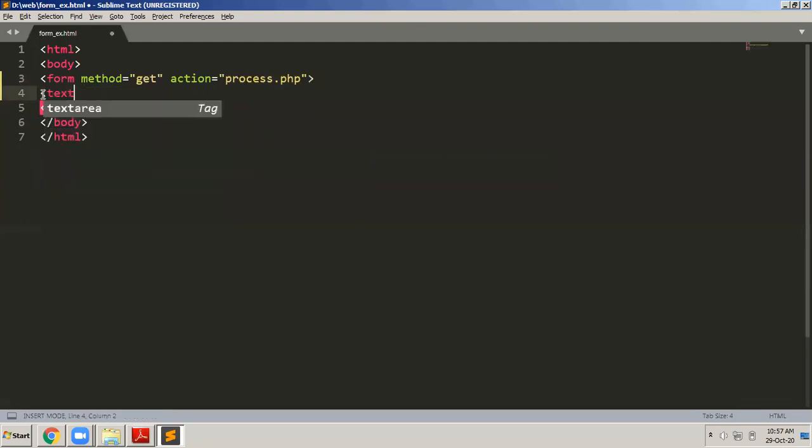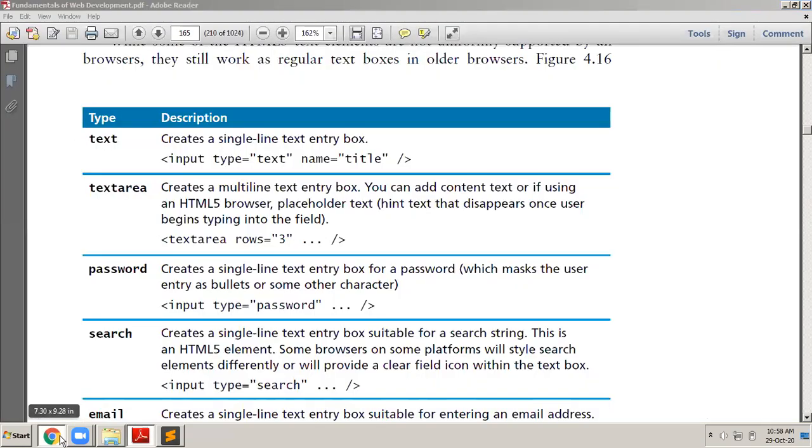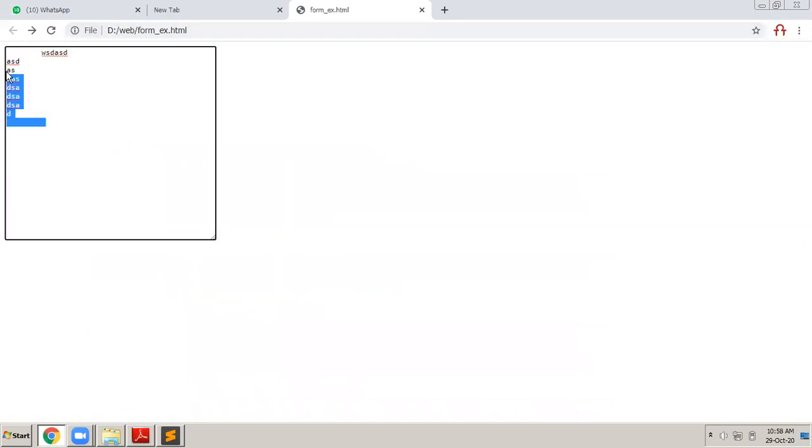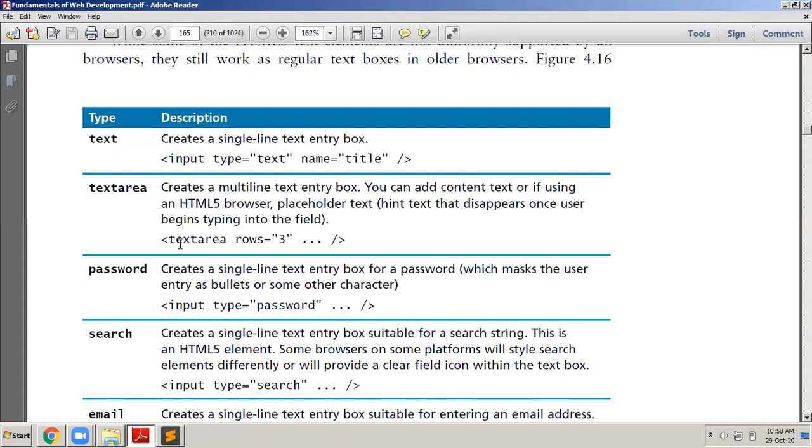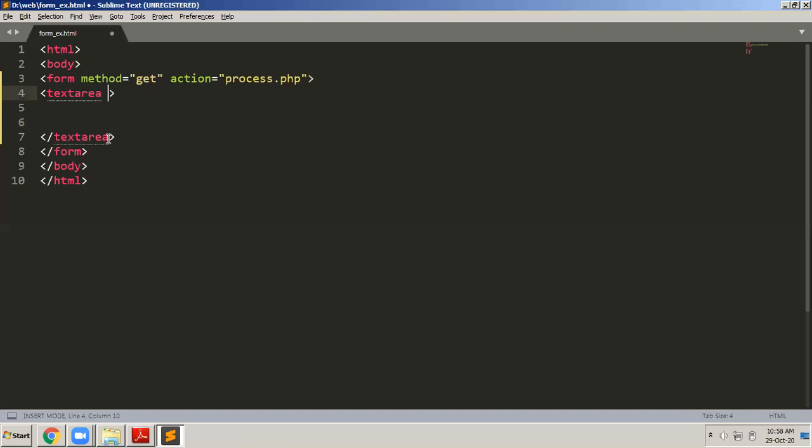If you place a text area, then what will happen is, I'll just save this. There's only one text area. And if I come to this and refresh, then you will see that I can enter multiple lines. So text area is a text box which will allow you to type multiple lines. That is the difference. And for text area, of course, you can also mention how many rows you want, how big you want. So the text area has an attribute called rows. Of course, it should have an attribute called name. I will call it txt address.